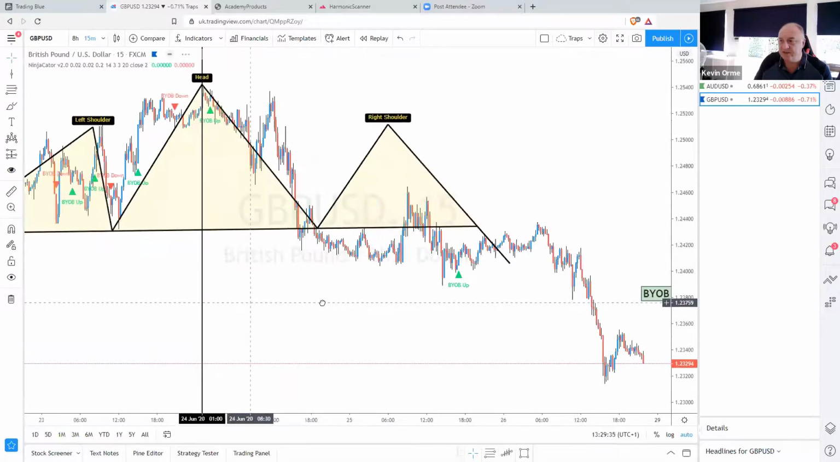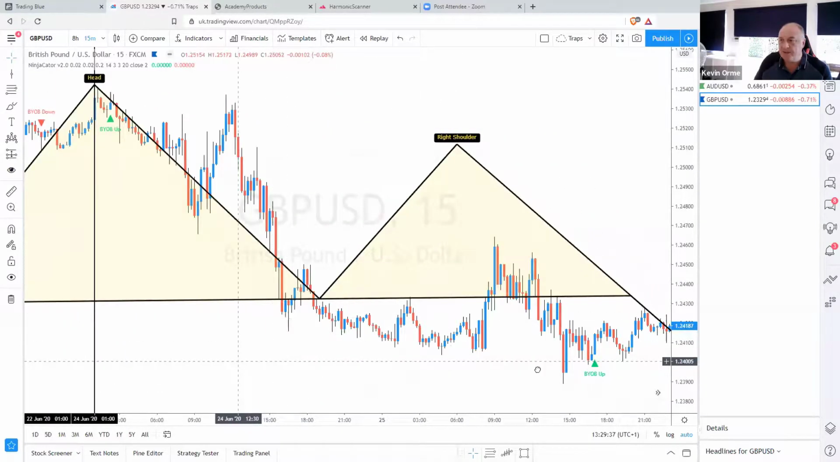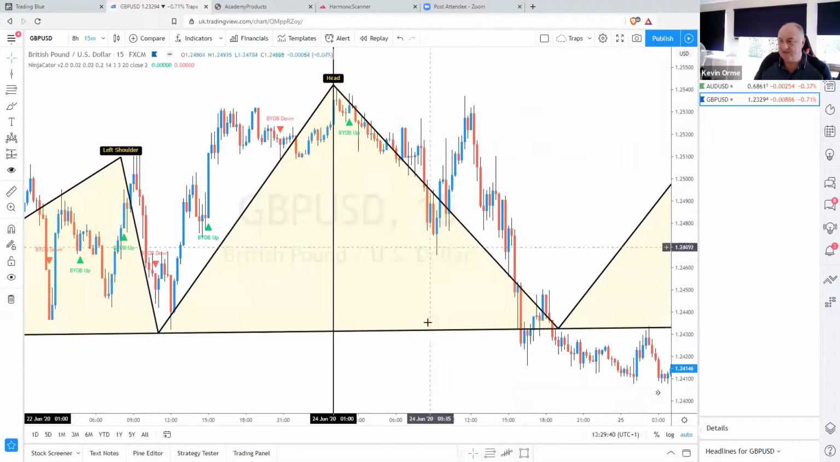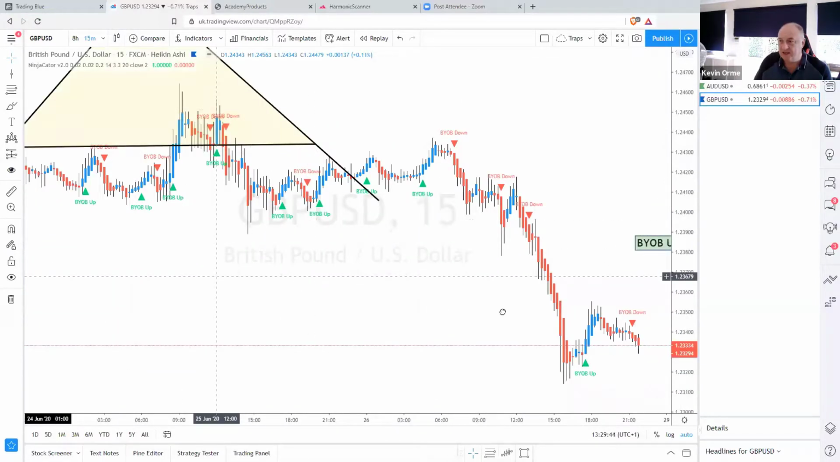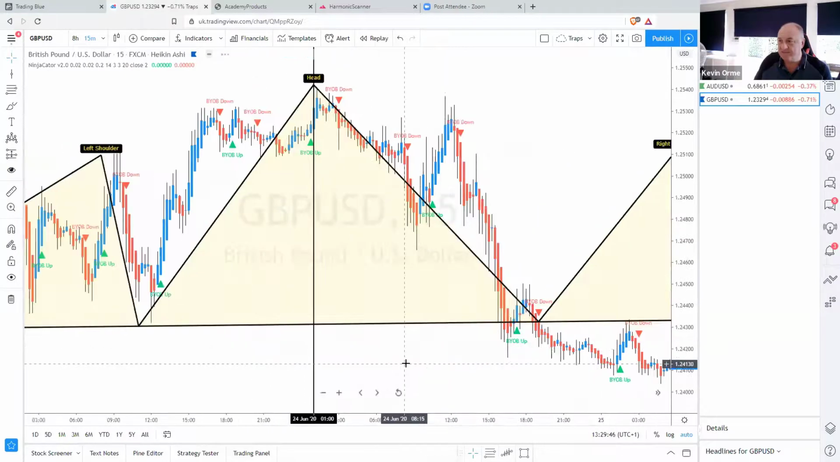We teach all this in our group. So we had this sort of price activity. Now, like I said, we just zoomed in. We're going to change my candles again to Heikin-Ashi and then have another look to see what entry points we get. So immediately after the swing high, we get what we call BYOB down this time, because we want,